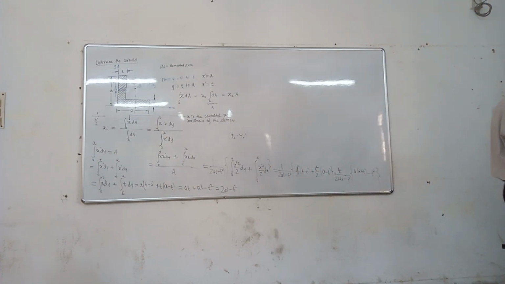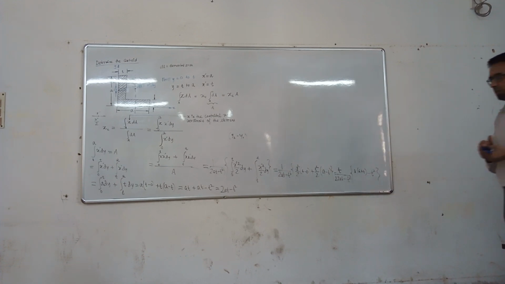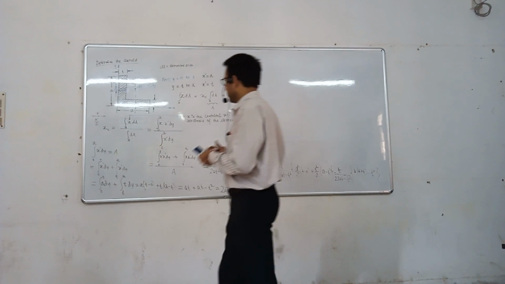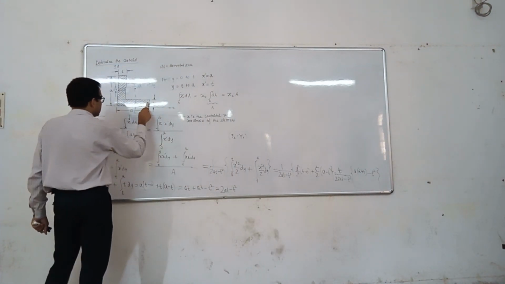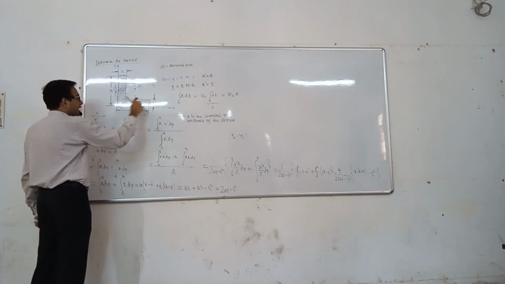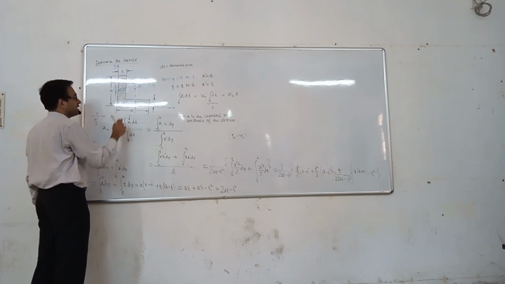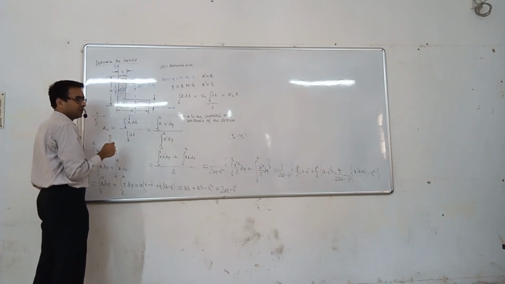Centroid and center of mass, they are coincident যদি homogeneous হয়। বুঝতে পারছি না আমি কি বললাম? একই লাইনে x direction the distribution of area and y direction the distribution of area, they are symmetrical,